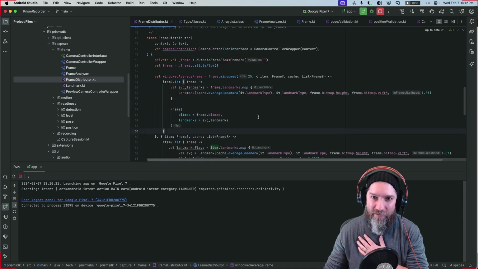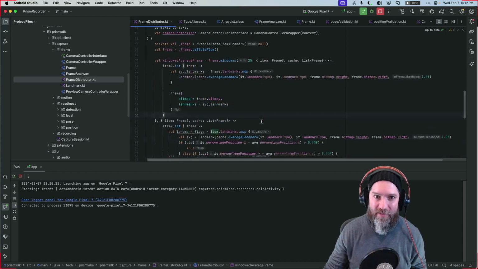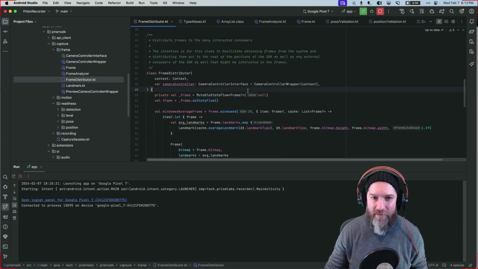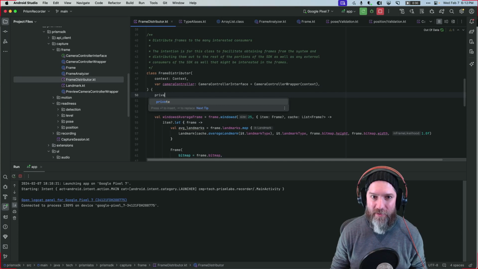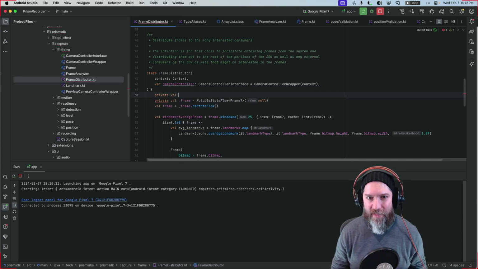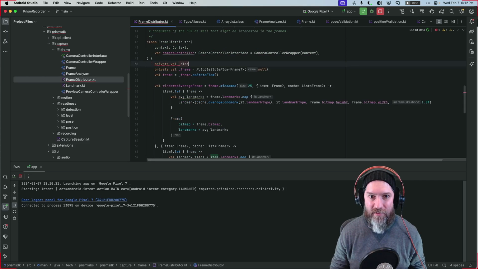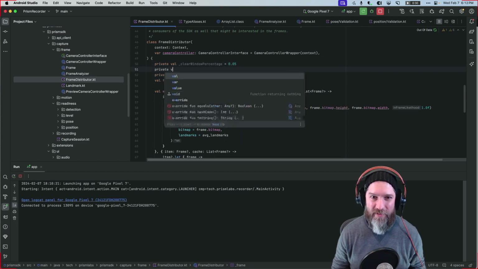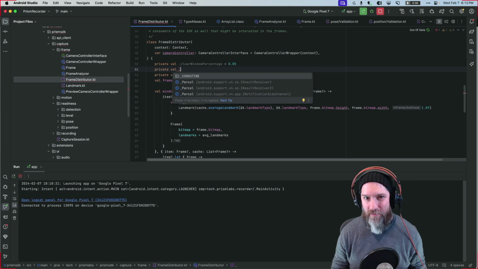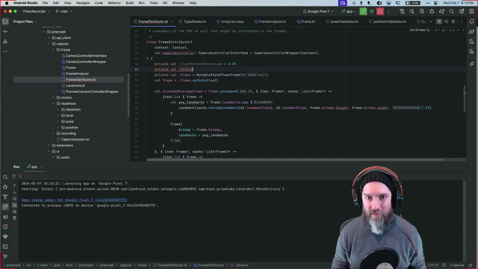Okay, so 5%, we can go for that for right now. Yeah, I mean 25. Okay, let's do a private val. We will do clear window percentage equals 0.05, and we will do private val window